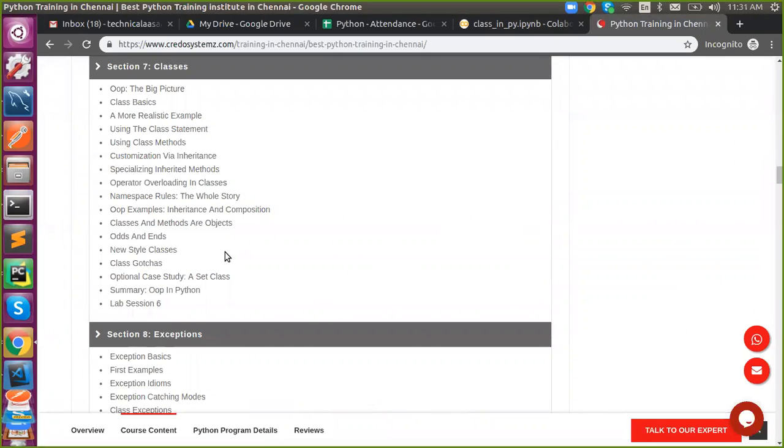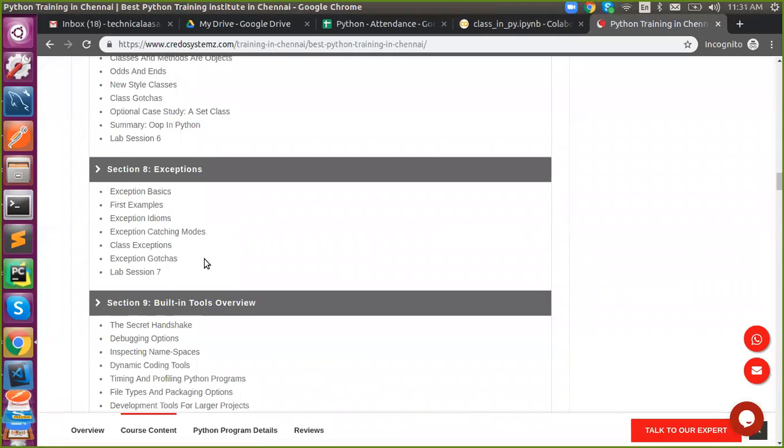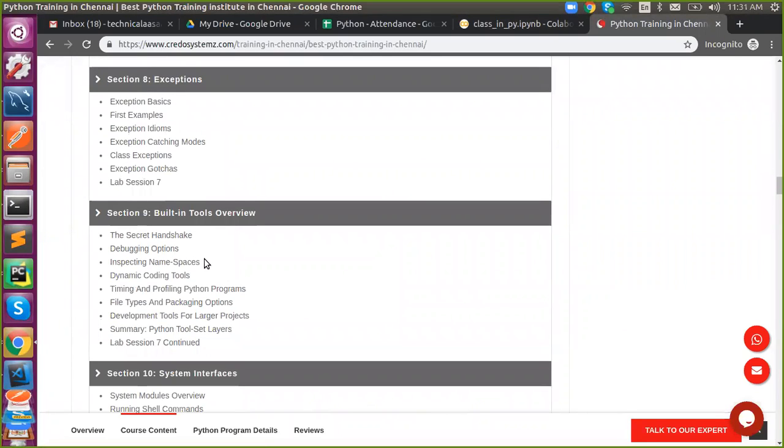So we are all done with classes, and we'll start exceptions next. This is all about fundamentals, and hereafter we are going to talk about the advanced topics in Python. Okay, so please prepare yourself. We have to do something. You are going to build your own application. You are going to communicate with the database.